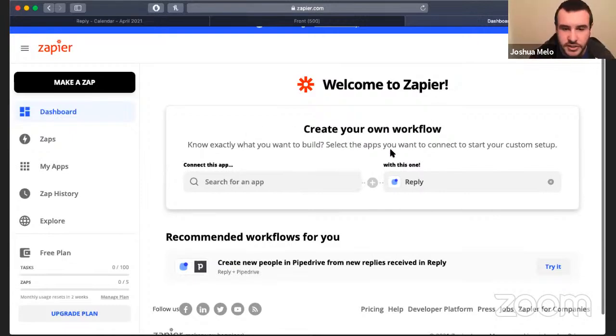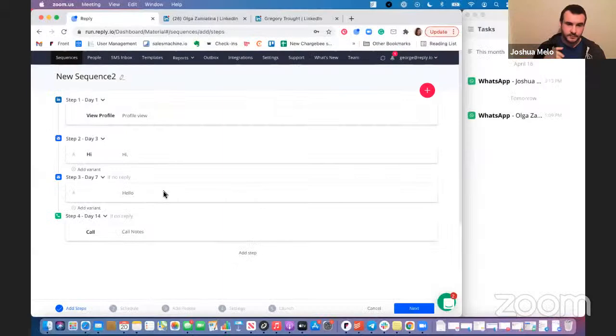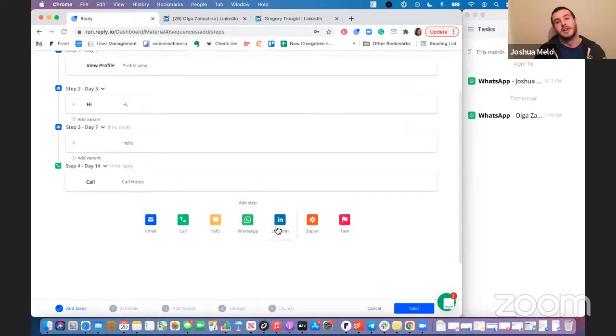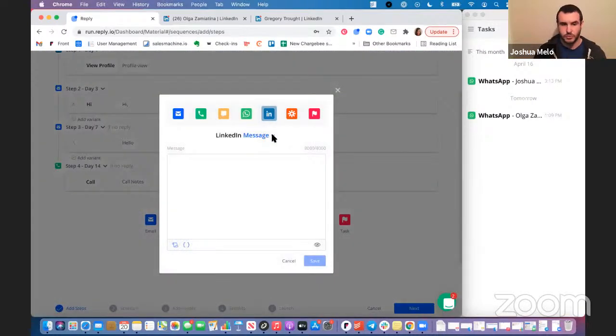Can you elaborate on the LinkedIn step? What is the main reason for it and what does it actually do? So Stephanie, if you want to just share your screen again. Yeah. So essentially LinkedIn can perform one of 4 actions for you. It can view profiles, it can send InMail messages, it can send connection requests, and it can send normal messages. So when you click on that, it'll give you the options.